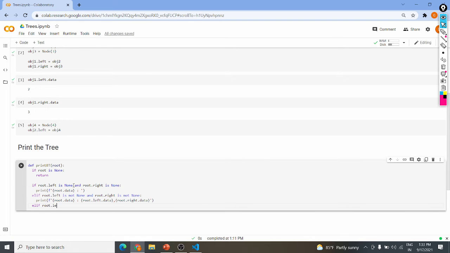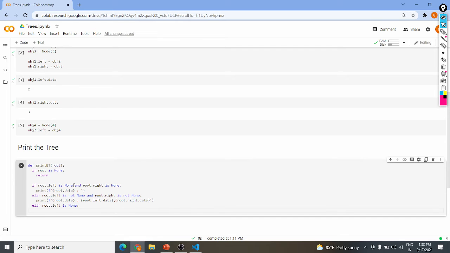Elif root.left is None. What does that mean? Root.left is None means there is only the root.right element. Then in that case, what do you want to print? root.data, and we want to print root.right.